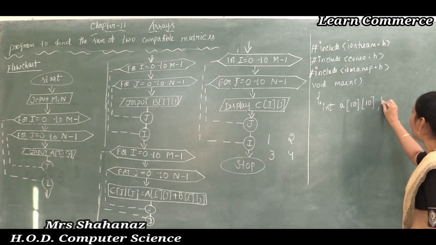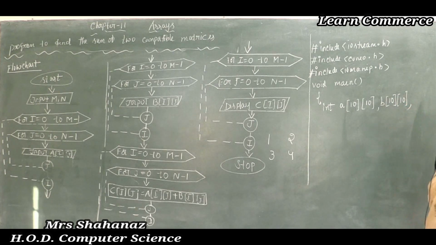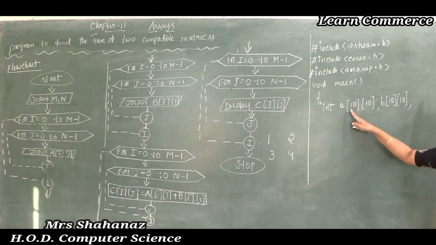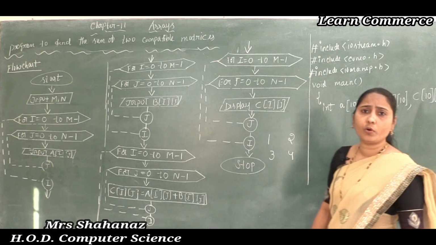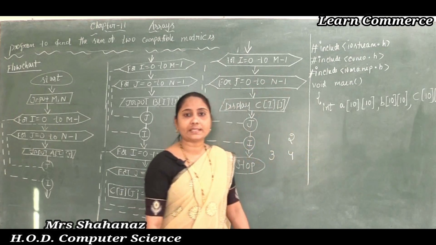And later next one, A of 10 and 10, later next one also we need to use the declaration of B of 10 and 10, as we know that it is a sum of two compatible matrices, the A value and B value going to add into the matrix C here. So we need to declare A rows and columns, B rows and columns, and also as we know that after making the calculation of rows and columns, such value going to add into the matrix C. And finally I am using the semicolon, that means the semicolon is the termination of the declaration of this statement, okay.